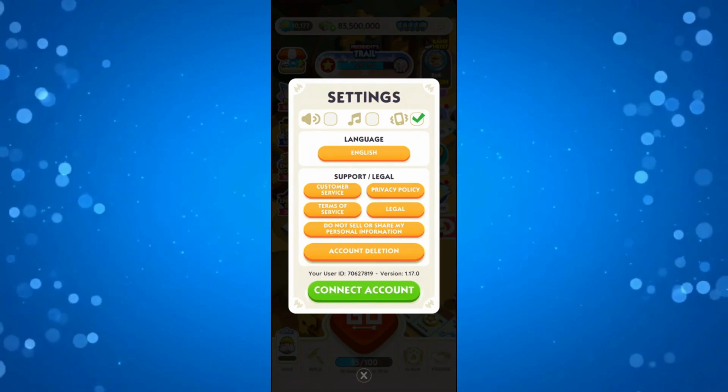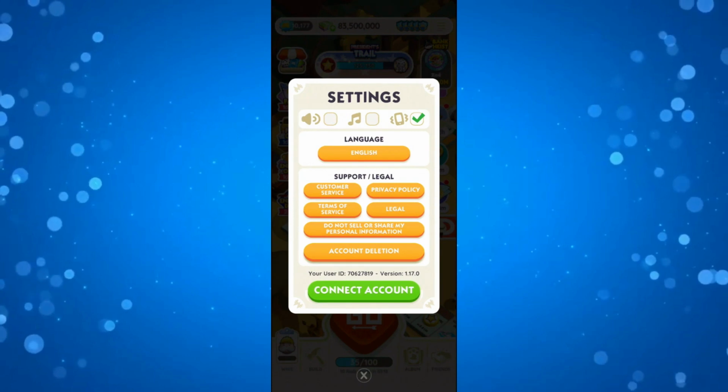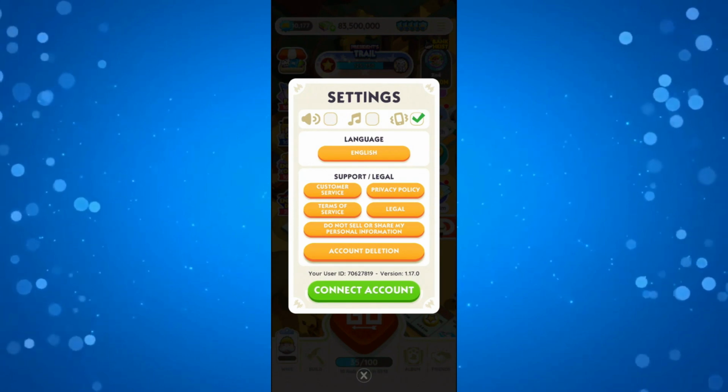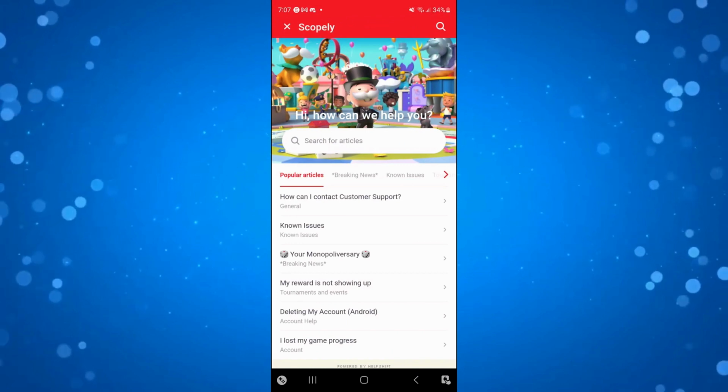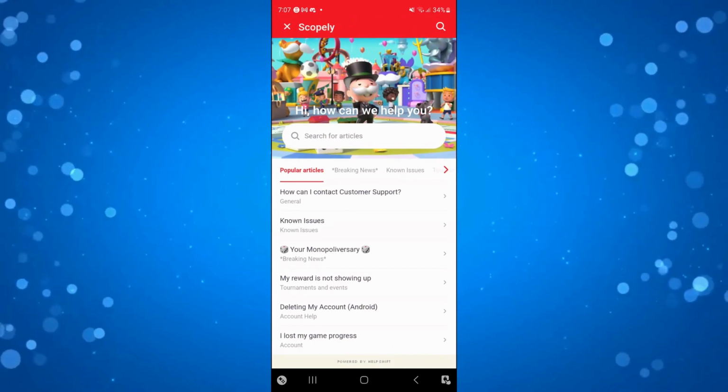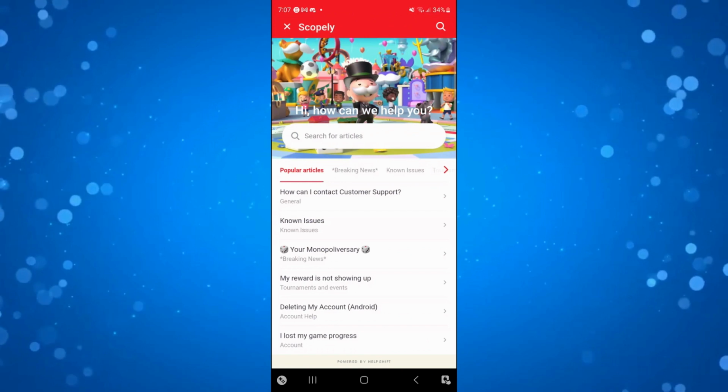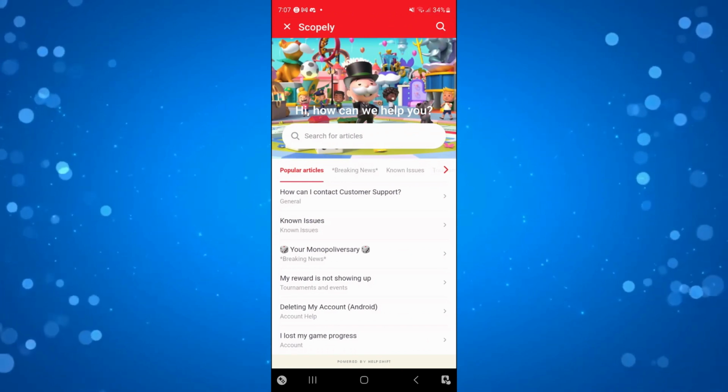Now, if you look in the support legal section, you can see an orange customer service button. So what you want to do is press onto that button. And that's going to take you across to a screen like this. So you can go ahead and press onto any of these articles. It doesn't really matter which one, but I'm going to select the top one, which says how can I contact